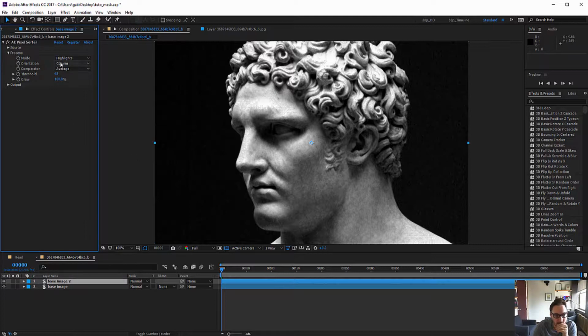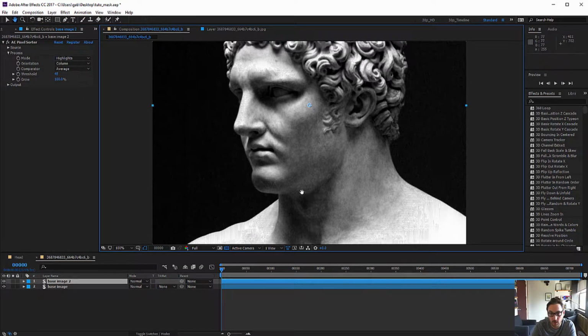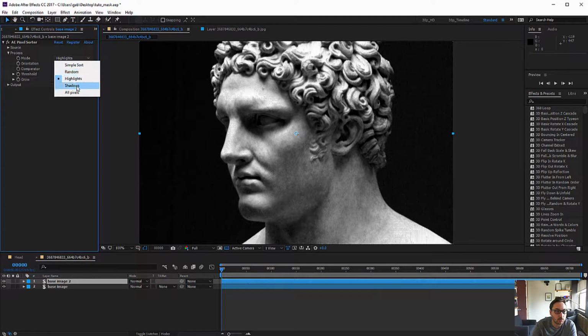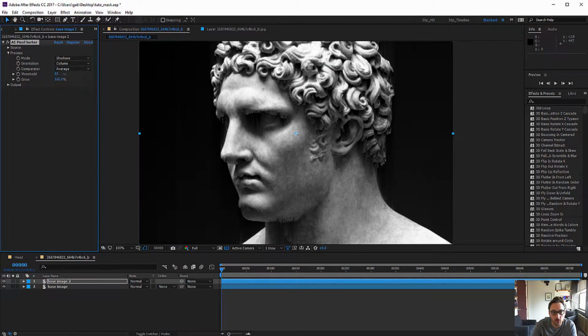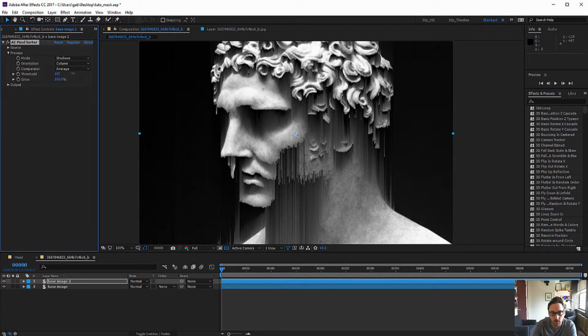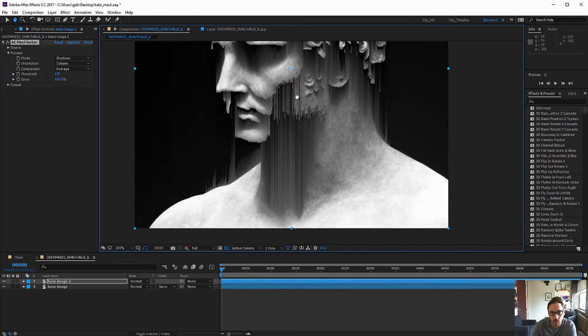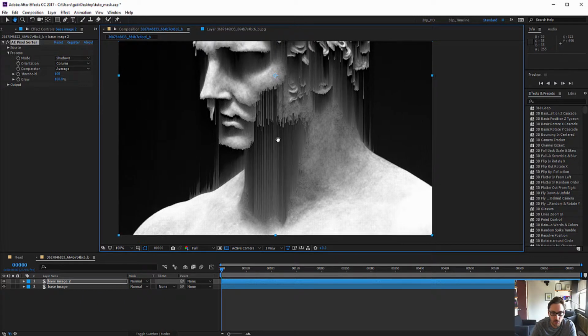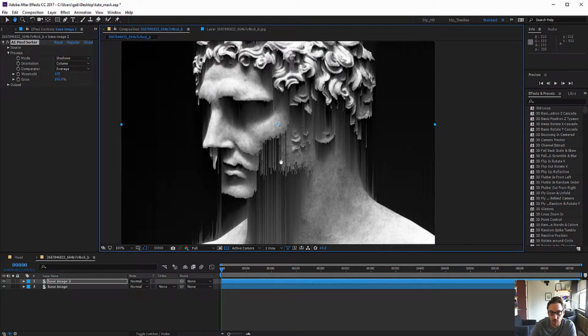So right away I see that I want to affect shadows here. So I want this area here and the neck and maybe the eye to be affected. So I'm going to change the mode to shadows and crank the threshold a bit so I get pixel sorting in the shadows. Which is cool, but it's been done quite a few times, and how can you push it further and make a final image